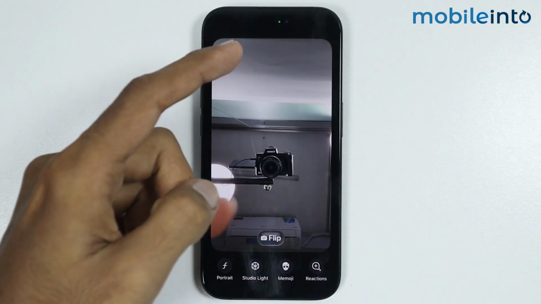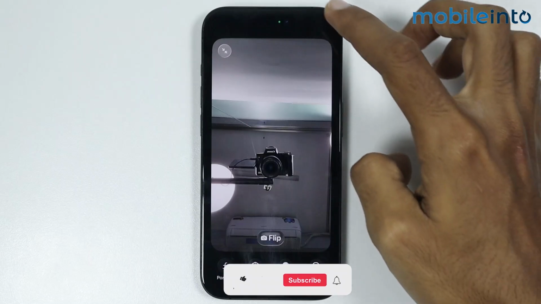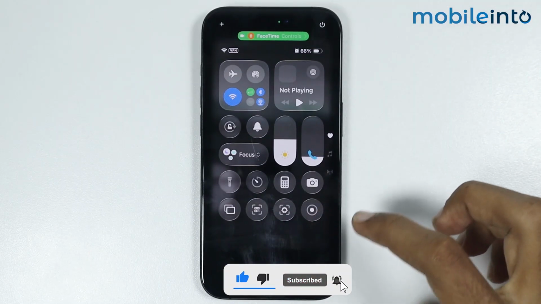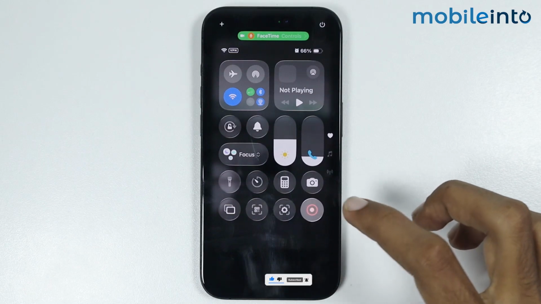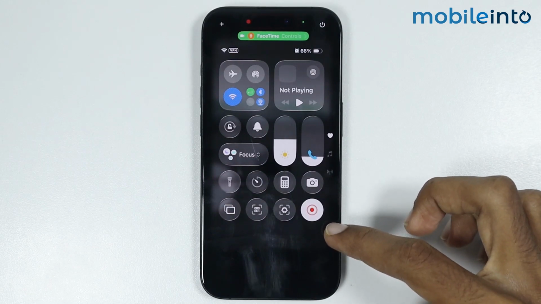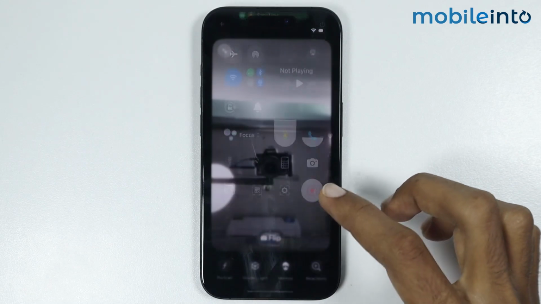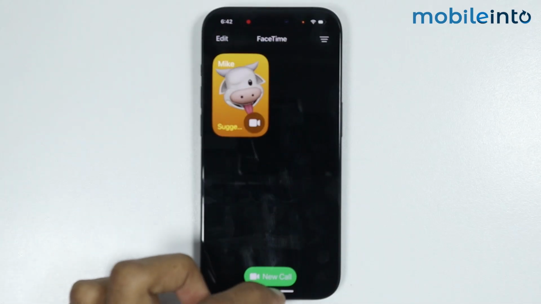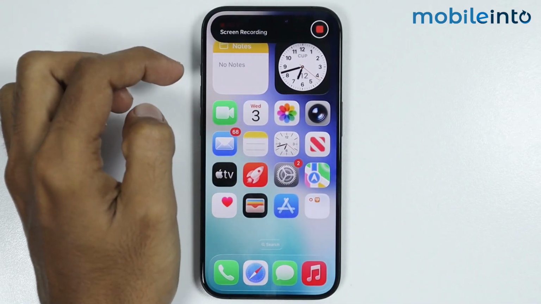now to record the FaceTime video call on your iPhone, just swipe down from the top right of the screen and open the control center. Now in the control center, just tap on screen recording and you will start screen recording the video call on your iPhone. Now once you finish your FaceTime video call, just tap on the dynamic island on your iPhone and